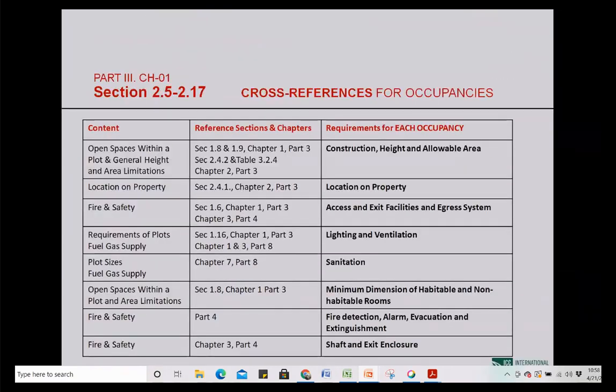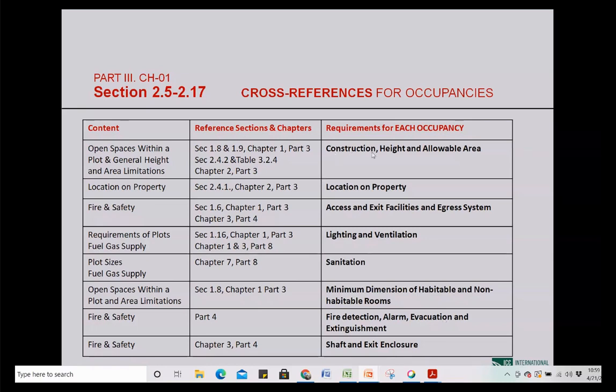Actually, for all occupancies, from now on, from section 2.5 to 2.17, we will have the same thing repeated. That is the right column here, the requirements for each occupancy. It will be repeated again and again for each occupancy,